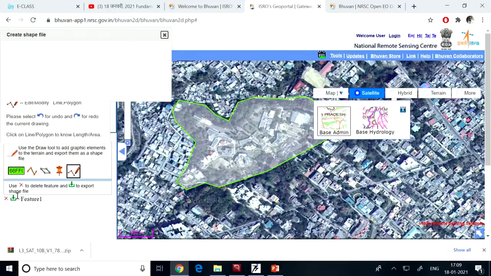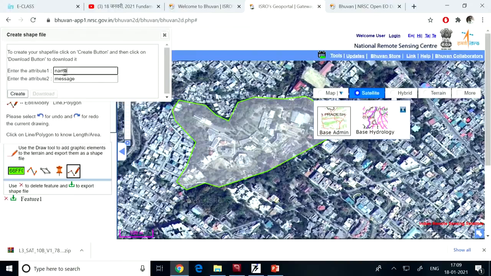Now let us download it. This one arrow over here, yellow. You can download it. You can add some attribute to it. Here, let us say, I am adding one attribute to it. Let us say IIRS, and another attribute is institute, INSTITUT, institute boundary. I will say it, BOUNDARY. This is another attribute. One is IIRS. Another thing, it is a boundary. Let us create it.